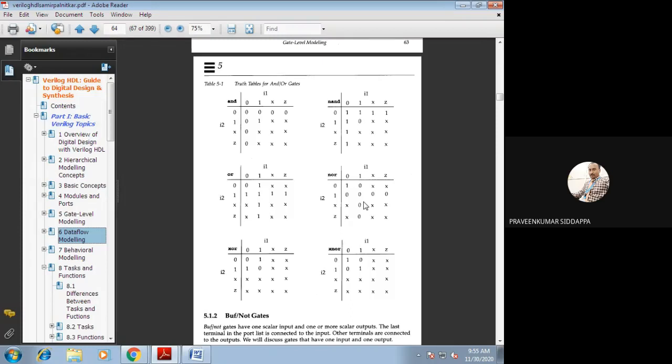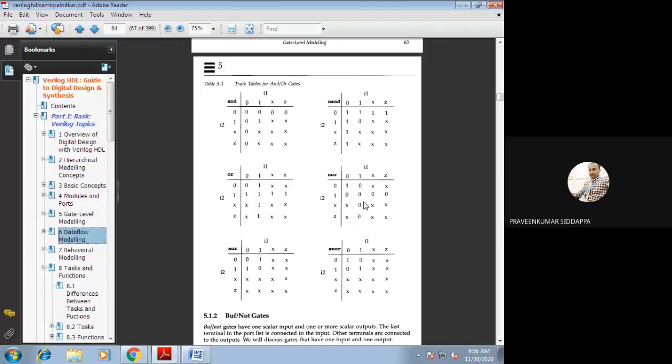Here first I will explain, you can check it. Both inputs I1 and I2 I have applied, and I have drawn the K map. I1 has 4 values and I2 has 4 values. The four values I am applying to I1 are 0, 1, X and Z, and for I2 also 0, 1, X, Z. Everyone should concentrate here. Whatever I have written within the boxes are the outputs.